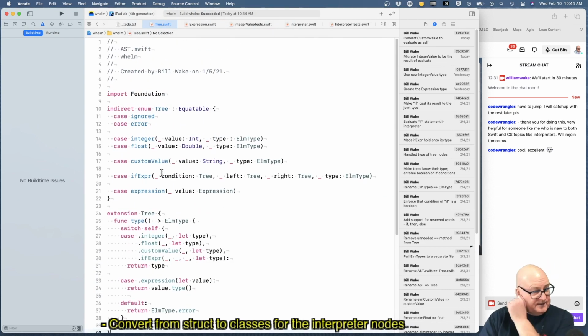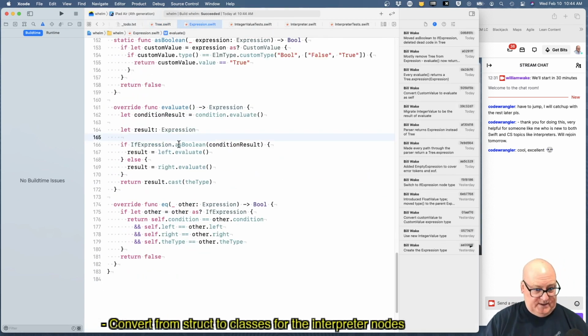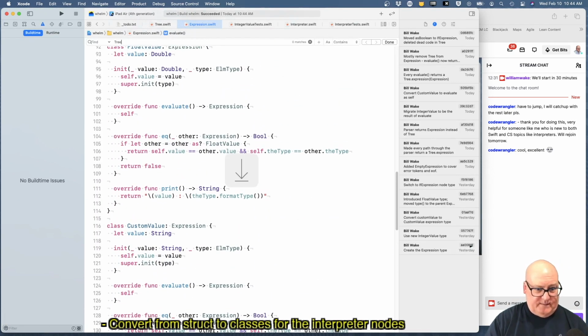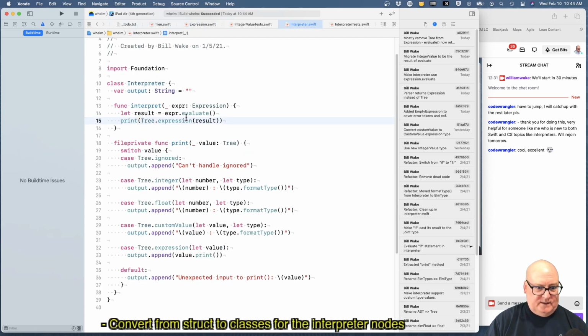Let's see what's left on tree. Well, it's the expression. Does expression have tree anymore? We wanted to get rid of it there. No more tree in expression. How about interpreter? We got this little bit. Okay. Our